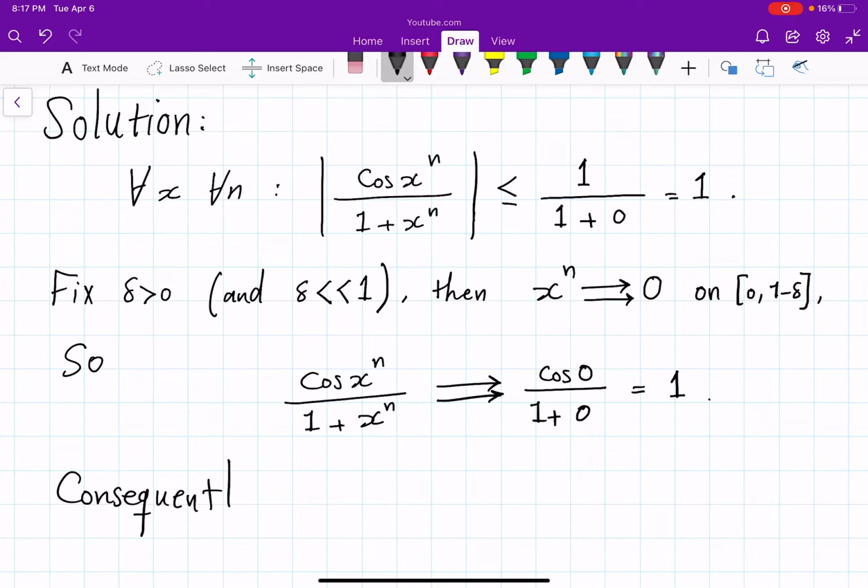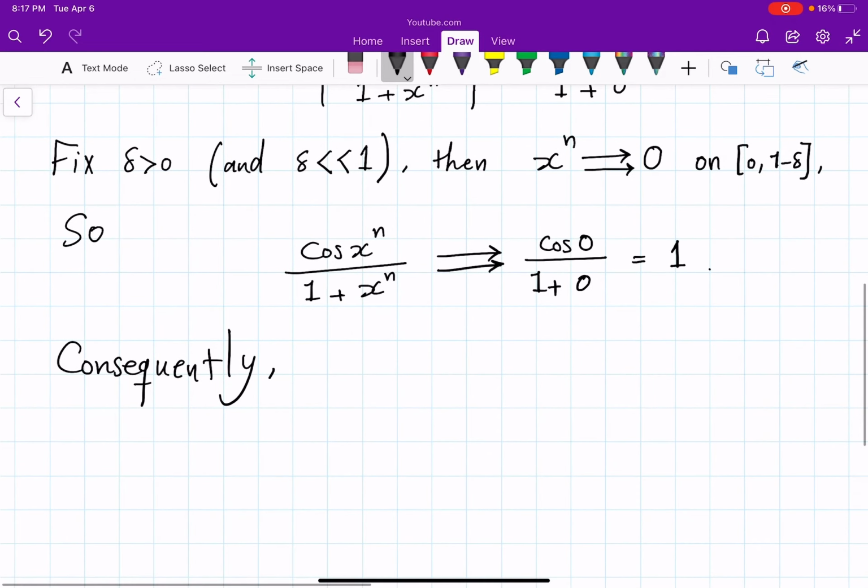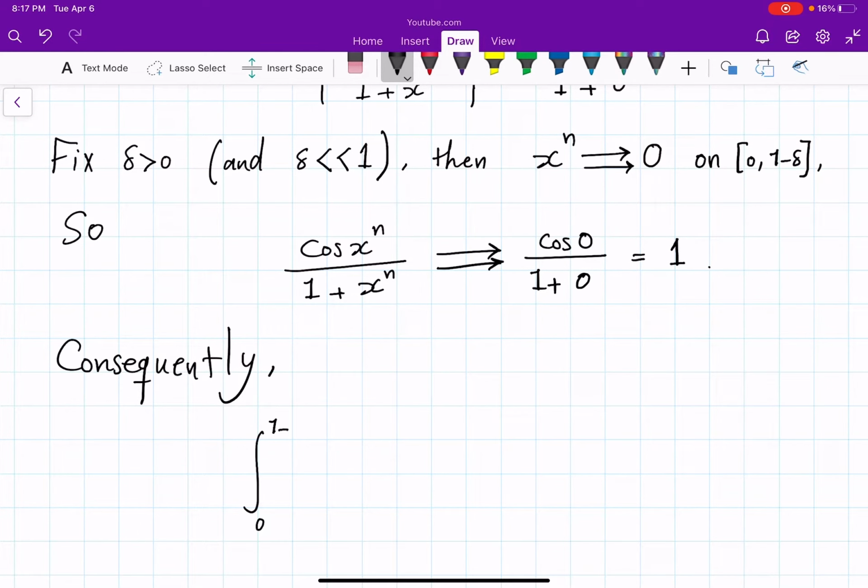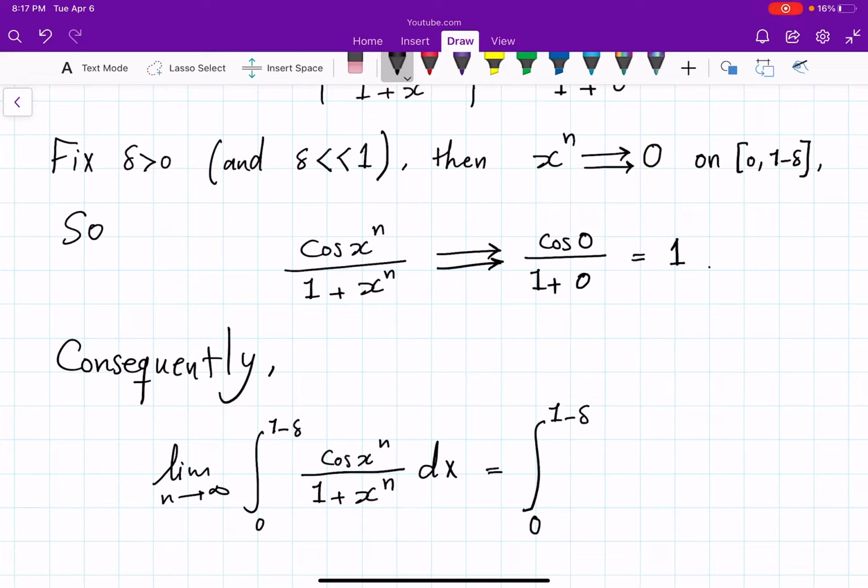because we can pass the limit inside the integral sign, the integral from 0 to 1 minus delta of cosine x^n divided by 1 plus x^n dx, as the limit n goes to infinity, will be, so this has nothing to do with an improper integral or anything. These are bounded compact intervals, everything is nice, you have continuous functions in the interior, and because they uniformly converge, you can pass the limit to the inside of the integral sign, but that inside converged to 1 as we just saw above, so this will be 1 minus delta. So that's one thing we want to keep in mind for later,